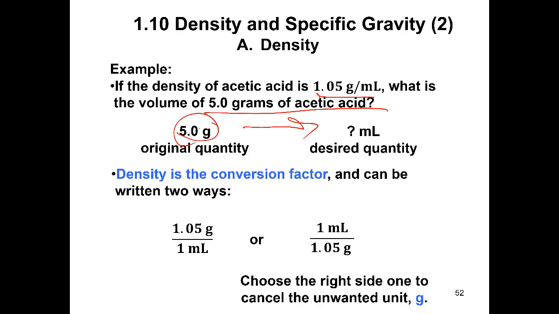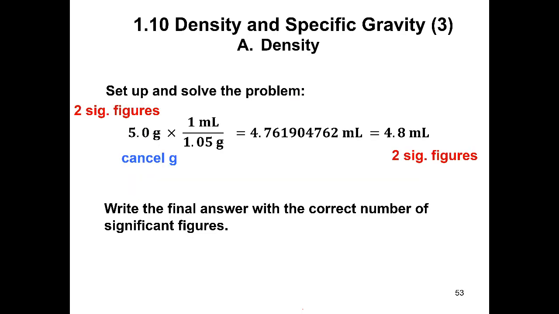And so we've just got to choose which way to start it. If we remember, if you are starting with grams, you're going to want what? Grams on the bottom so that it can cancel that unit. And you're looking for milliliters, so density is what you'll use because you'll end up with milliliters. So you start with your 5 grams, so you start with what you're given. You multiply that by the density, making sure that you have grams on the bottom, so it will cancel out. And then, so that's 5 times 1, and then divided by 1.05,